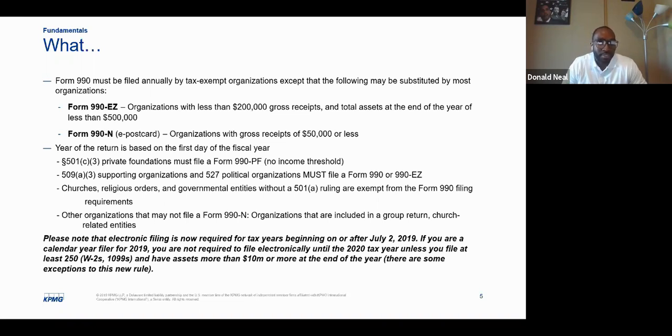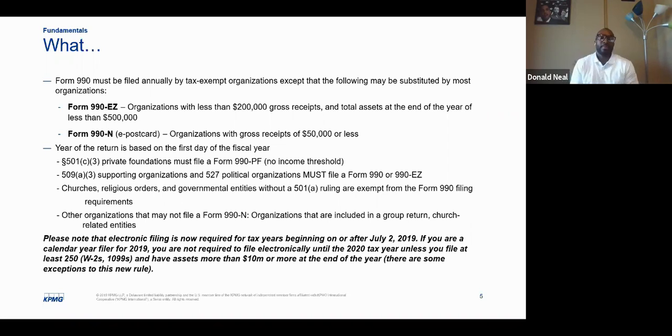If you're a supporting organization or a political organization, then you must file a Form 990 or a 990 EZ. Churches, religious orders, and governmental entities with the 501(a) ruling are exempt from the Form 990 filing requirements. Other organizations may not file a Form 990N, but they are included in a group return, such as church-related entities. One thing to note,